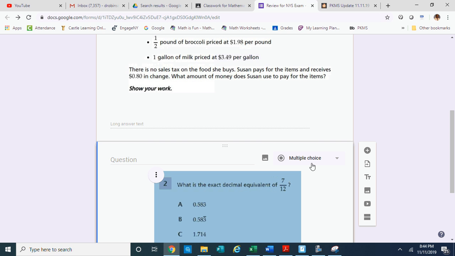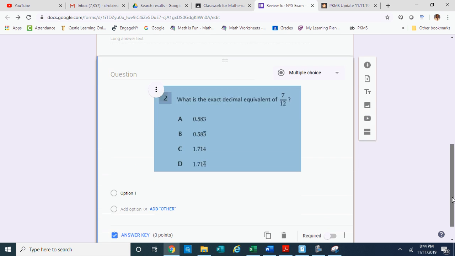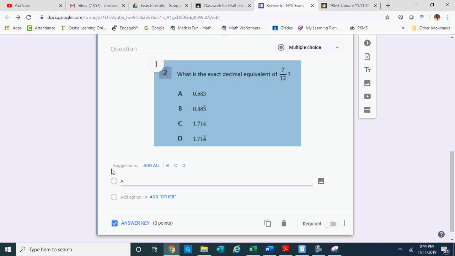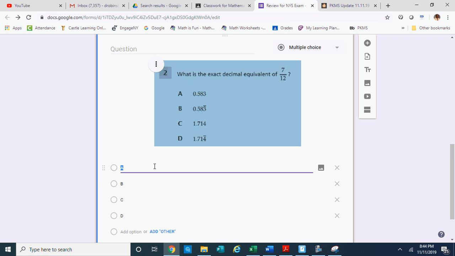And it is a multiple choice. So let's take a look. Go down a little bit. So notice it has option 1, but here it has the A, B, C, D. So what you would have to do is type your choice here, and notice A comes up, and then you want to add all these other choices, C and D. So just click on that, and there's all your choices there. If you want to add other choices, you can if you want to, and we want to give this a correct